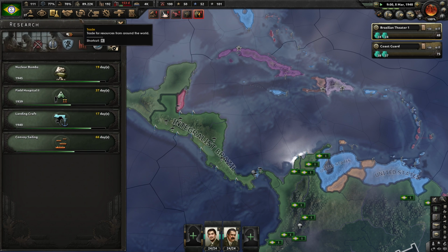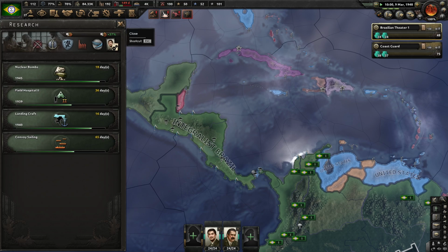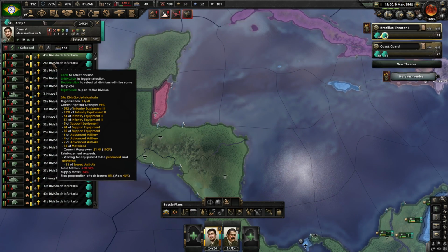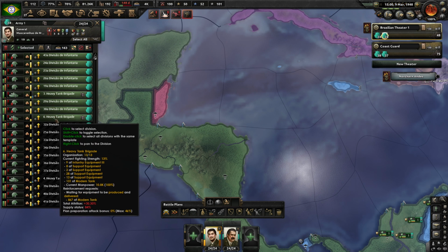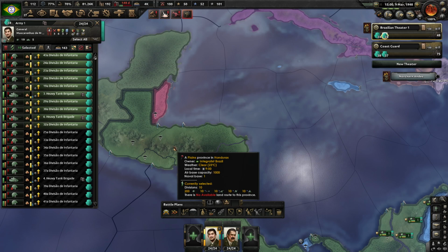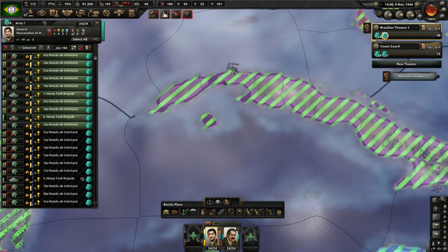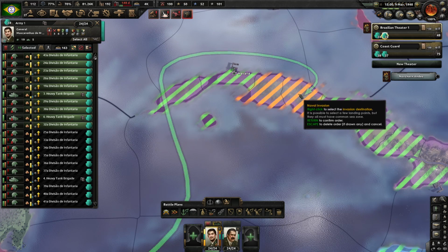Okay, so what are we waiting on right now? Mostly we're waiting on landing craft. That's mostly what we want, is a landing craft. So let's go ahead and get these guys set up. We're going to have them go in, I think, groups of 10. Like this. So we're going to have one naval invasion from here, and that's going to land not there, but rather...